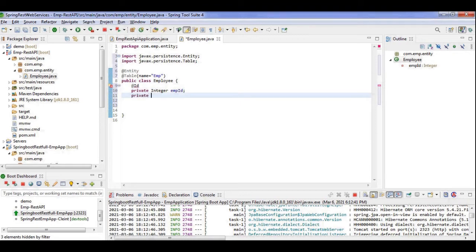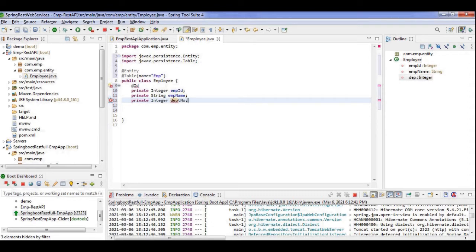Private String, my employee name, and name I can create. Then department, which again I will create as integer. And last but not least, salary, which I can create as double.